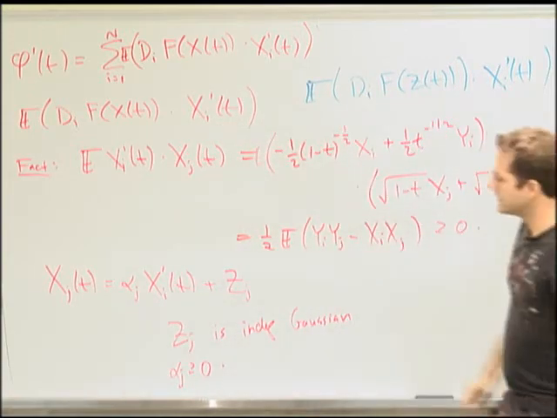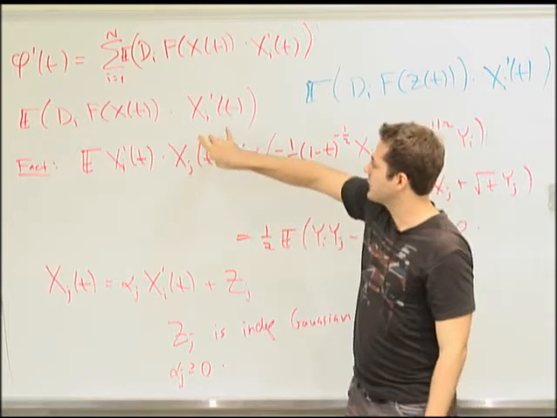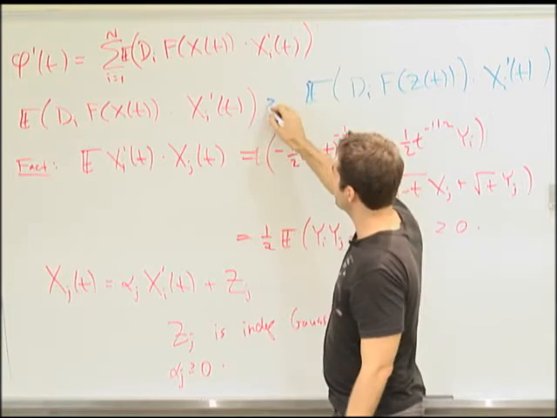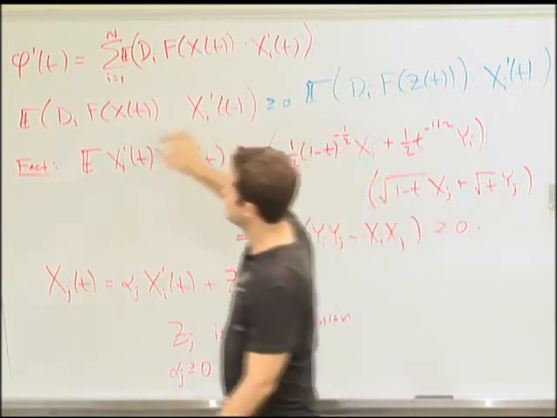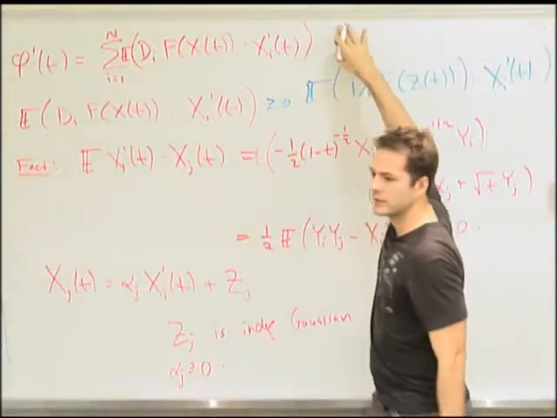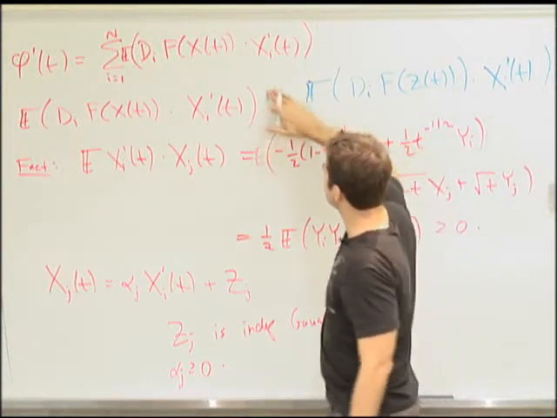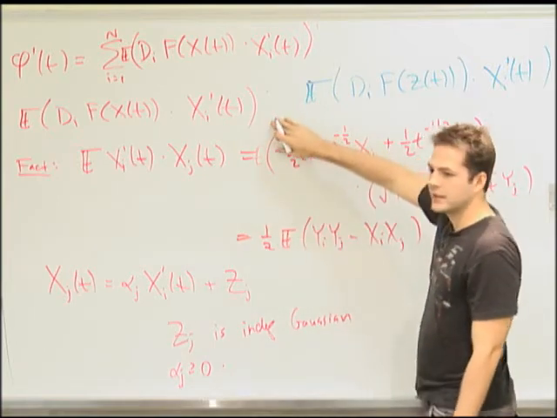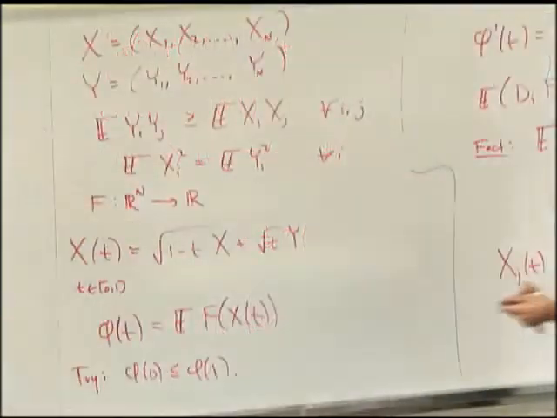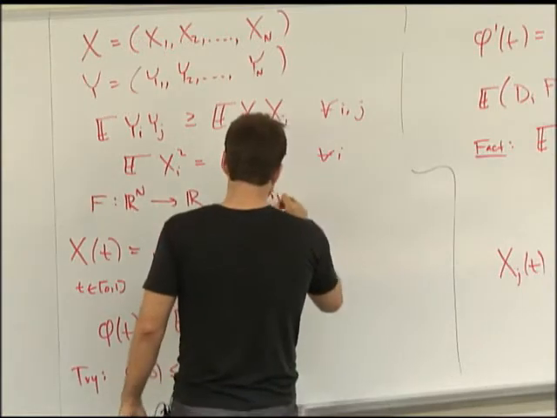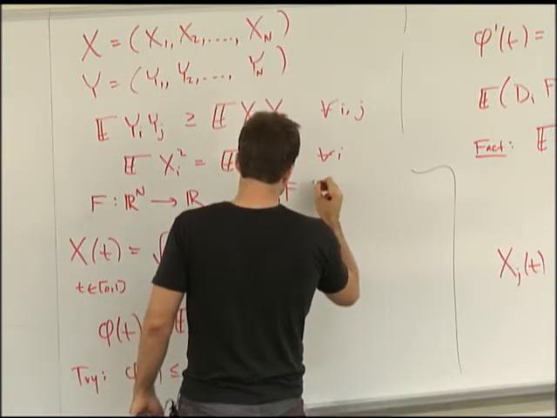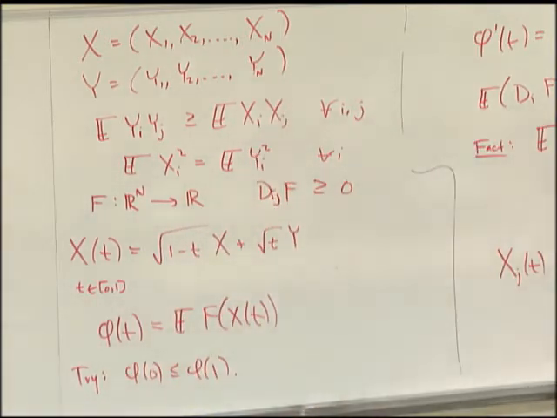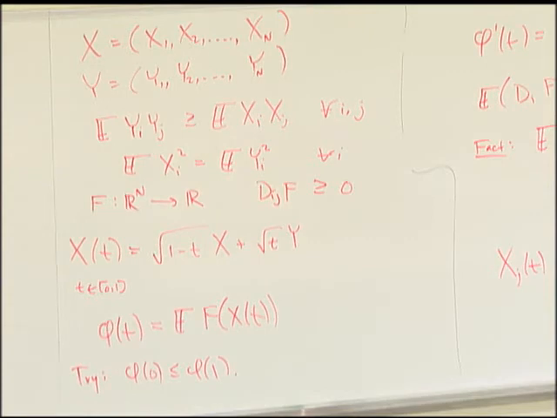And now what I want to happen is, as I raise the alpha j's, I want this quantity to increase, to never get smaller. And if we can prove that, then we prove this is bigger than or equal to 0, which proves that this is bigger than or equal to 0. Okay? So now you just say, well, what condition on f do I need so that when the alpha j's increase, this thing increases? And the condition you need on f, you can check, is just that all the mixed second derivatives d_i d_j f are greater than or equal to 0.